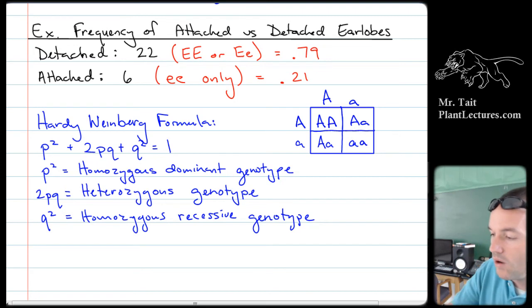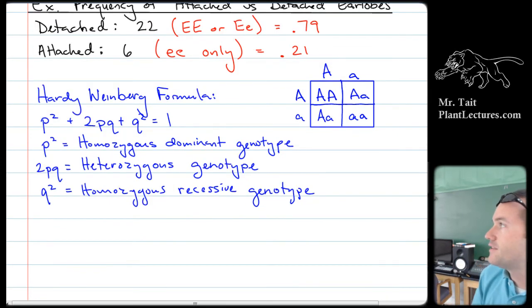All right, there's one other thing that we can assume, and that is, in order for this to work, there can only be 2 alleles that we're looking at. There can't be a third allele, so we can't have multiple alleles. So that tells us that if you have p plus q, that should account for all the alleles, so p plus q should be equal to 1.